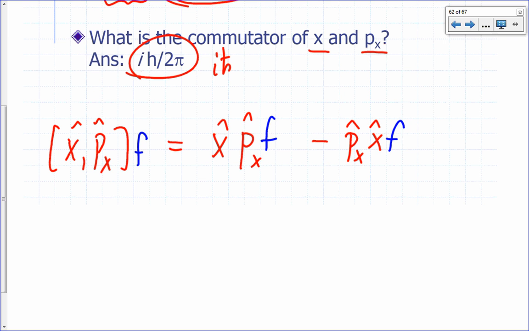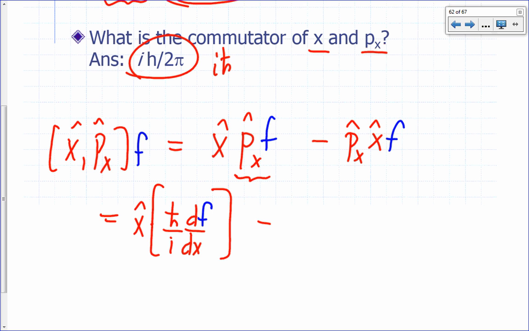So what do we get? What's the px operator? This is x hat times px operating on f. What does that do? h bar over i d by dx, the derivative with respect to x of function f,